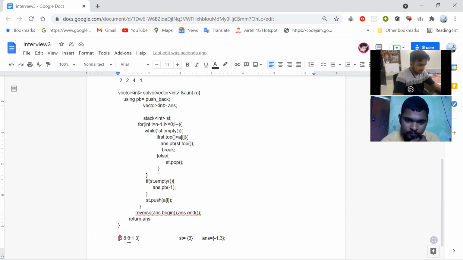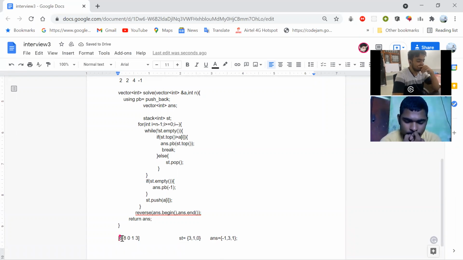Again, now I am on the 0th element. I also pushed the value 1 in my stack. Now I am on the 0th element, whose value is 0. I am finding the topmost element. The topmost element is 1 here. Is it greater than that value? Yes, it is greater than that value. I'm pushing 1 into my answer vector. Now I'm also pushing my value into my stack, which is 0.